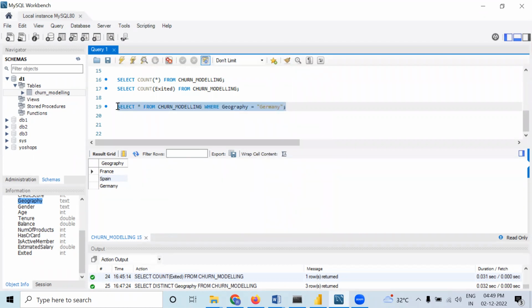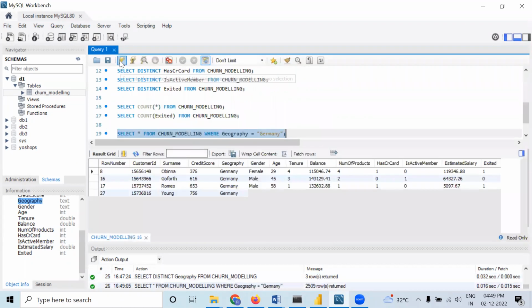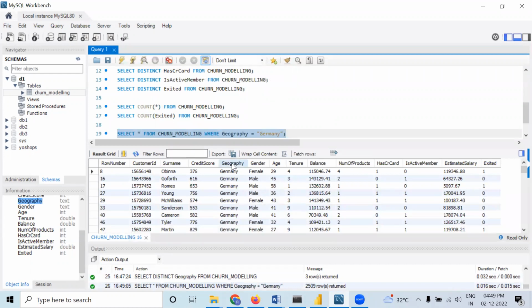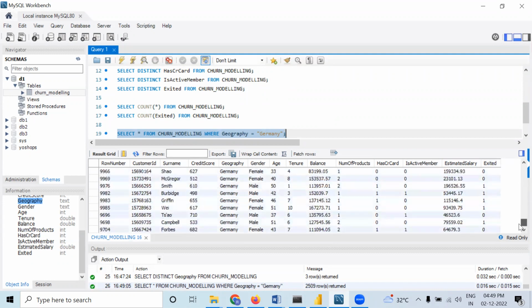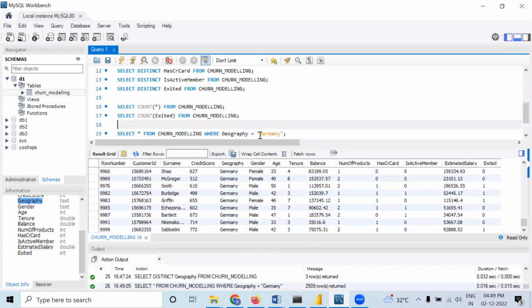Okay, now let us run it. It is showing me only people who are from Germany, right? Only people who are from Germany. Similarly, if I want to find out who are from France,